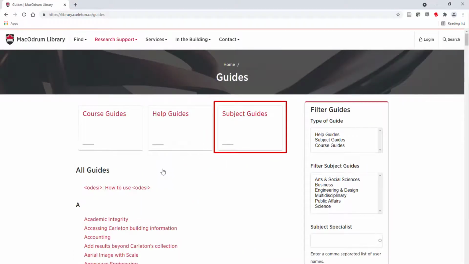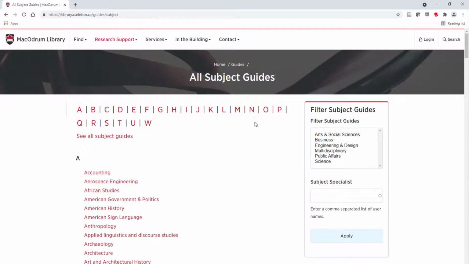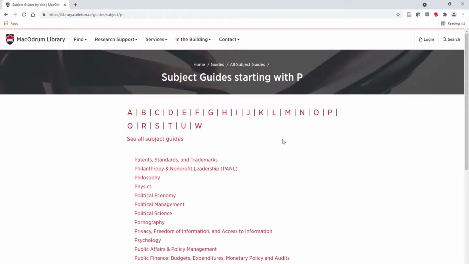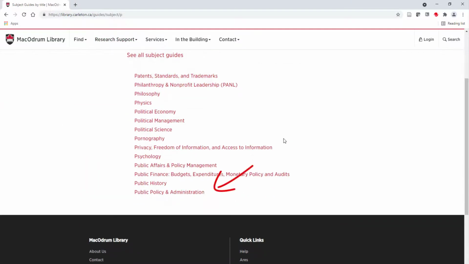Here we will click on the Subject Guides link. Using the alphabet, we will click on P for Public, and then the link to the Public Policy and Administration Subject Guide. This is the last link on this page.